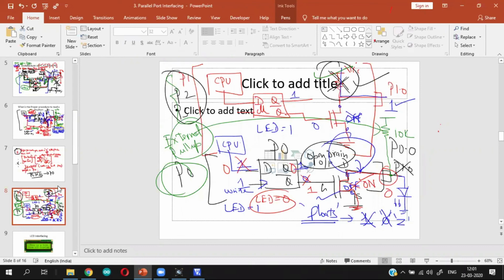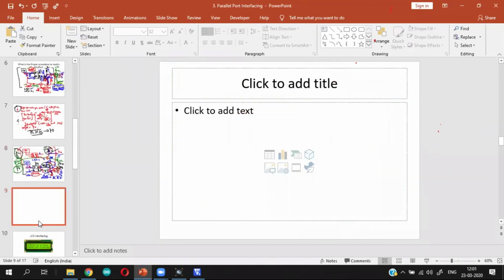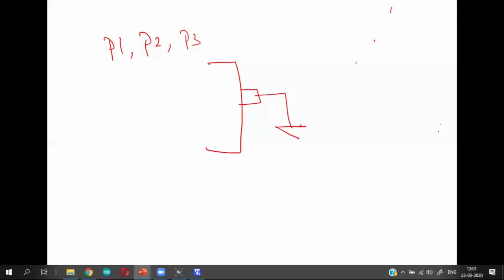Okay, so that is the difference between parallel port 0 and the rest of the ports. Let me put it in a nutshell. For parallel ports 1, 2, and 3, if you are connecting a load, you can have a naked connection like this. This is called a naked load.